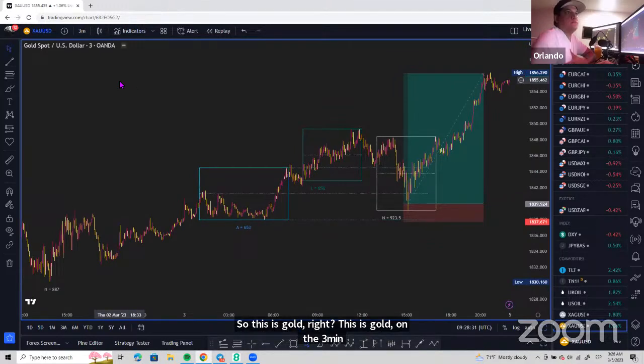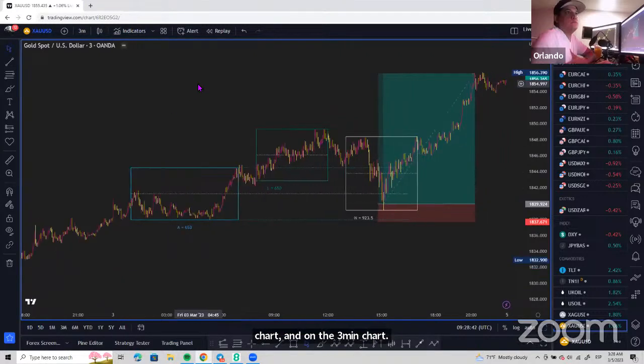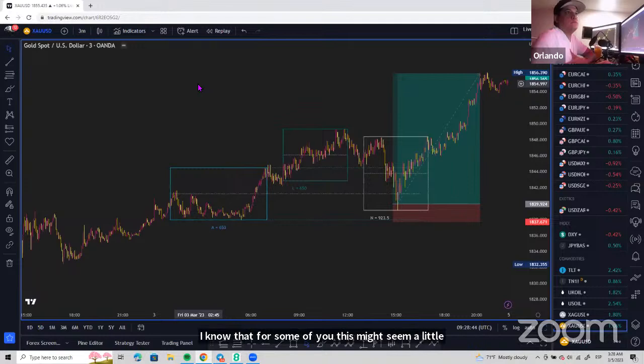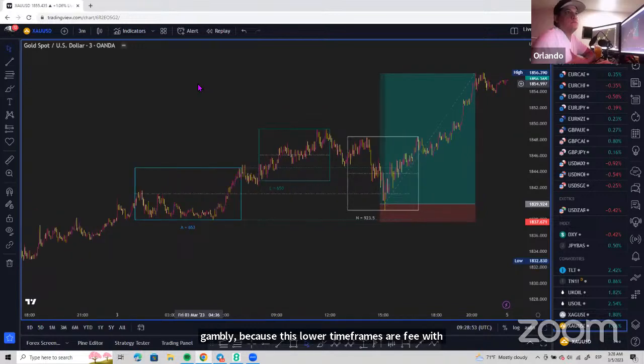So to start with, my entries are on the 2-minute chart and on the 3-minute chart. I know that for some of you, this might seem a little gambly because these lower time frames are filled with noise and a ton of volatility, right? But it is not, right? Every trading decision that I take is based on data, right? And for example,